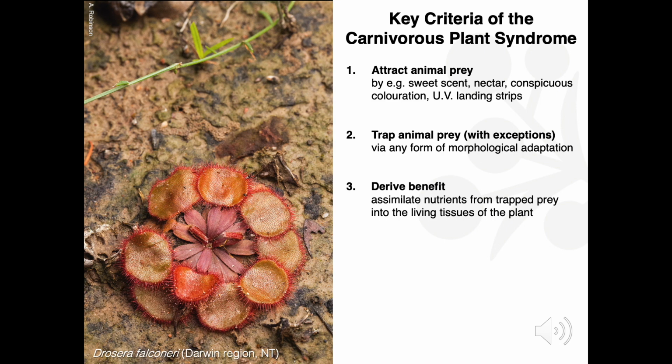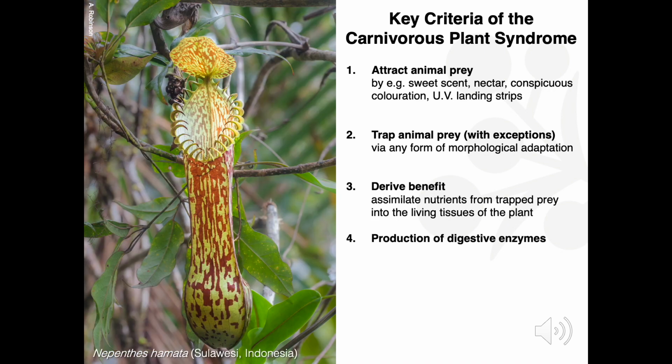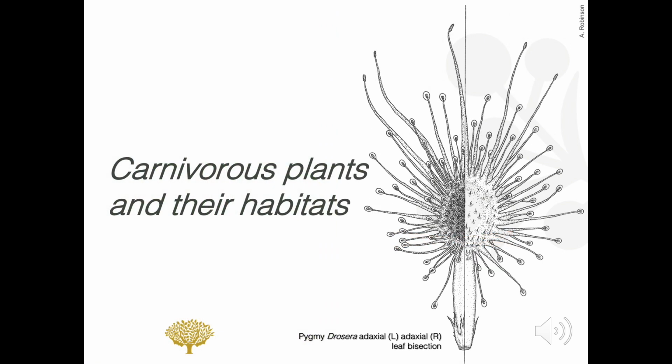This, by the way, is falconer's sundew from the Northern Territory. You can see its superficial similarity to the Venus flytrap, and they are indeed in the same family, Droseraceae, but this is an example of convergent evolution. It's actually reminiscent of what we imagine the ancestor of the Venus flytrap might have looked like. Now, the definition of carnivory used to include the production of digestive enzymes, but we now accept that there are carnivorous plants with no digestive enzymes at all. They have their digestion done for them, mainly by insects, but also by fungi and bacteria, which I'll touch upon later. To address the inevitable question, why did carnivorous plants evolve?